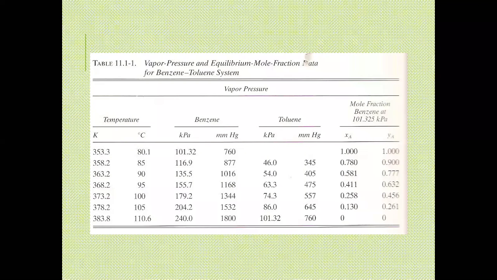If the temperature that is given in the problem is not the same as this in the table, or it could be any system as long as you have a table. It need not be benzene toluene. It could be a system that you are provided with a table and you have XA and YA at temperatures, and the temperature that is stated in the problem is not the exact temperature that you have. What will you do? Interpolate, Miss. Oh, interpolate.